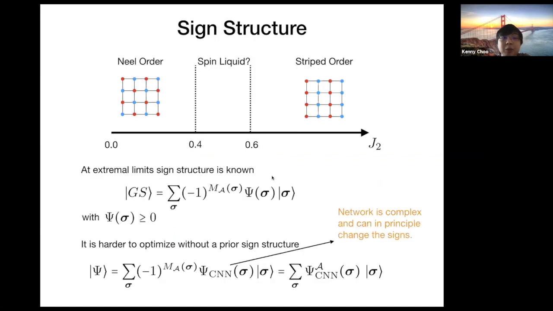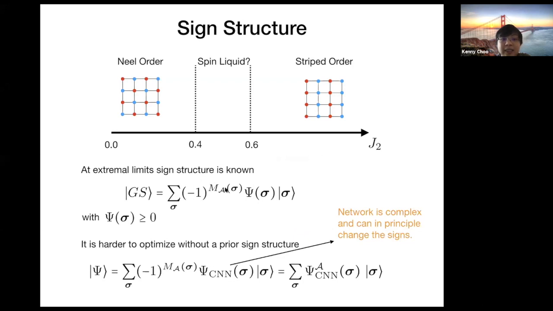Okay, so before moving on to the frustrated case where J2 is more than 0, so far we only looked at the Heisenberg limit, but I would like to first discuss a little bit about the sign structure of the wave function. So at the extreme limits, the sign structure is actually known. So the wave function can be written in this form, where psi is now a purely positive number,